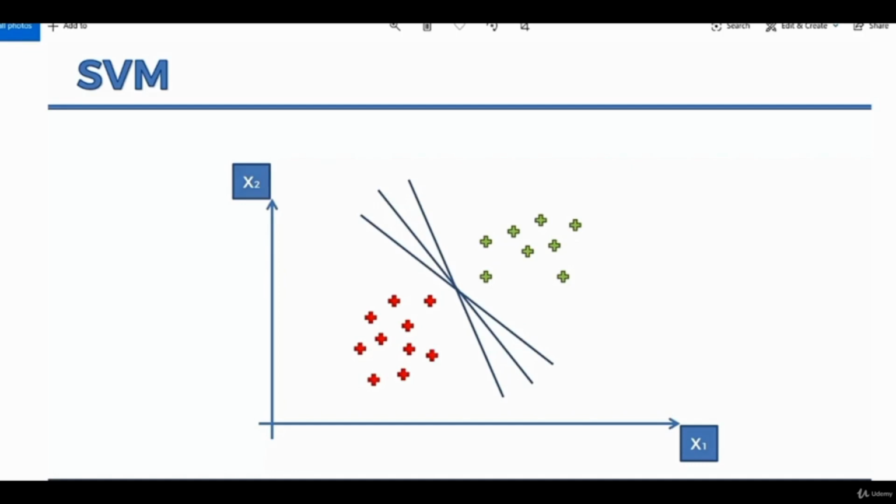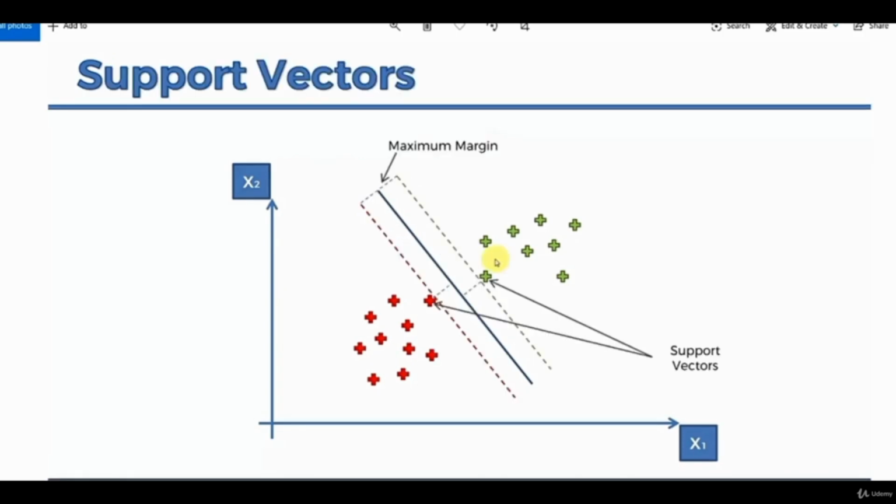effectively. So in order to do that, we are going to use the margin concept, which is similar to SVR. It is going to fit the model with a line with the maximum margin between the data points, and these data points will be equidistant from the line.